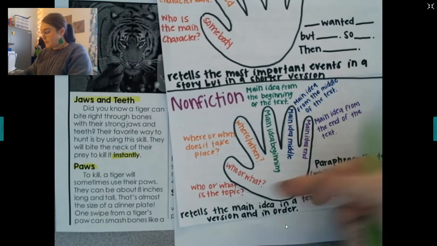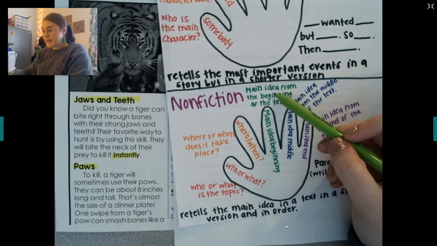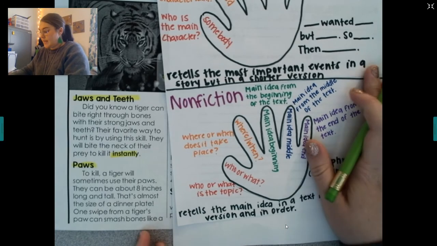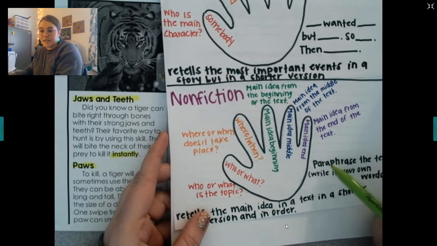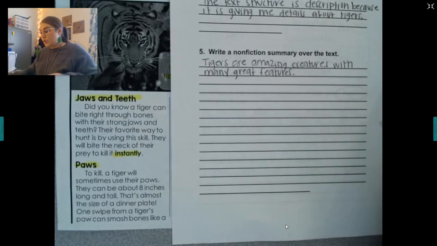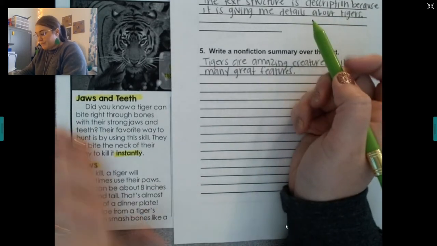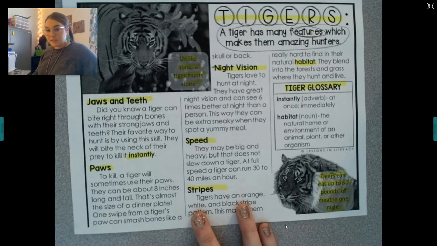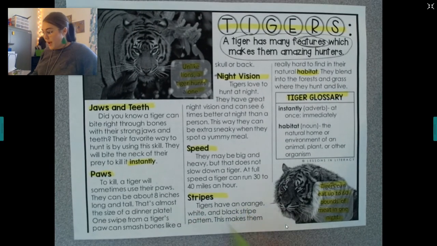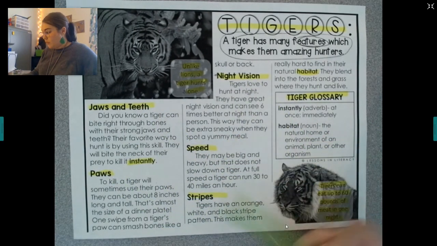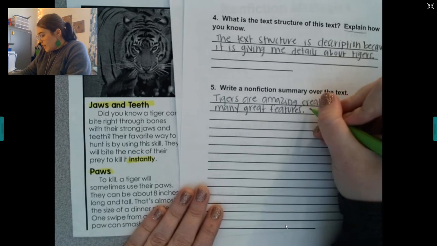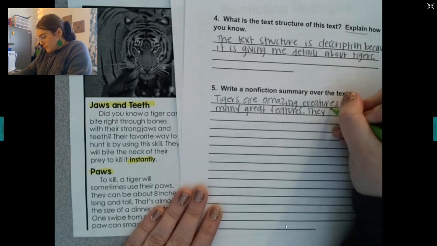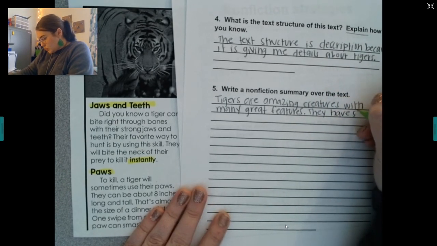So now I've done my who, my where, when, and I'm going to do a main idea from beginning, middle, and end. So remember, you're paraphrasing here. That means you write in your own words. Instead of doing beginning, middle, and end, since this is an article, I'm going to use these headings to help me. So I'm just going to write maybe one or two sentences for a couple of them. So they have strong,